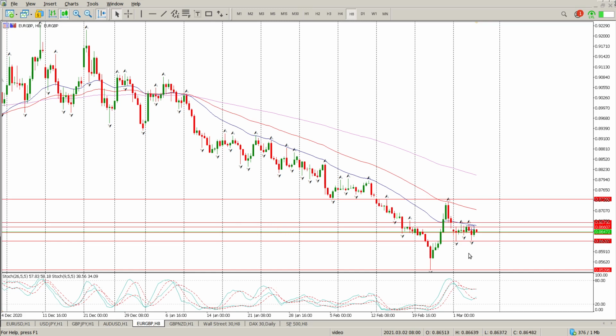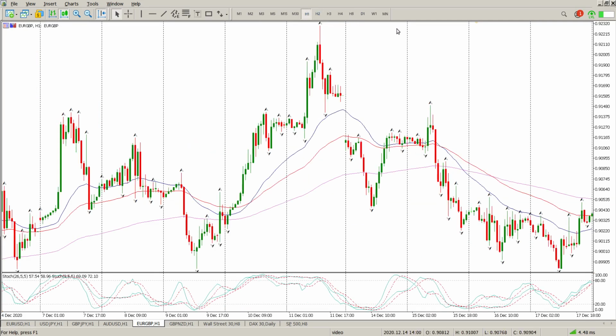Euro British pound. Nothing really much going on here. 8 hours, still got the levels drawn in yesterday. We pretty much big up, big down, big confusion. And if we just get down to the hour,